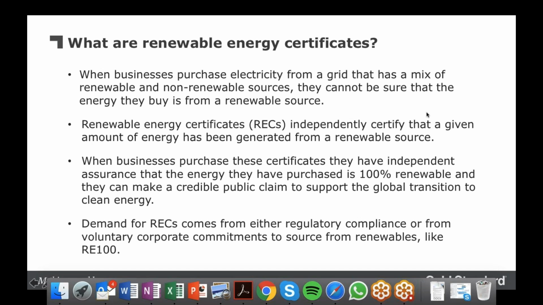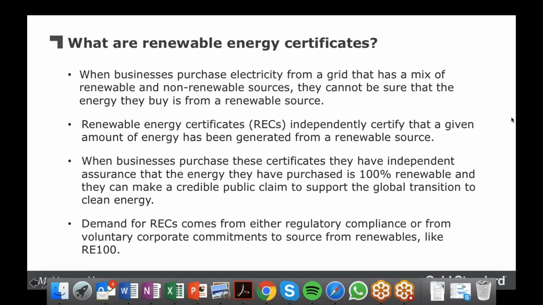And when businesses purchase these certificates, they have an independent assurance that the energy that they buy comes from 100% renewable, and they can make a credible public claim to support this global transition to clean energy, or simply comply with either domestic or local regulations to meet certain renewable portfolio standards.